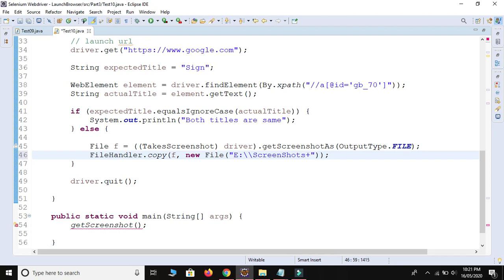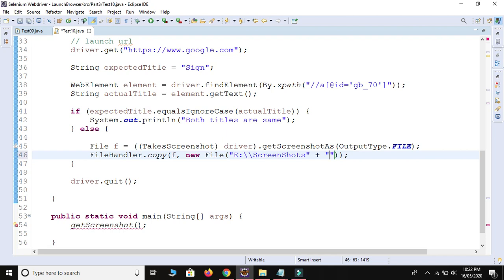Plus, inside the screenshot folder, it will create one image.